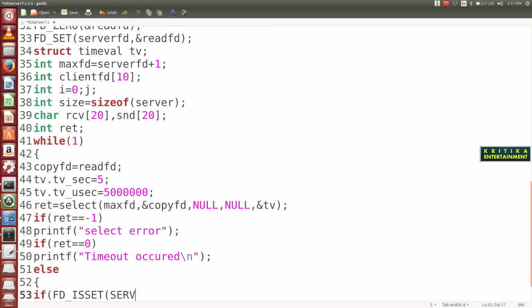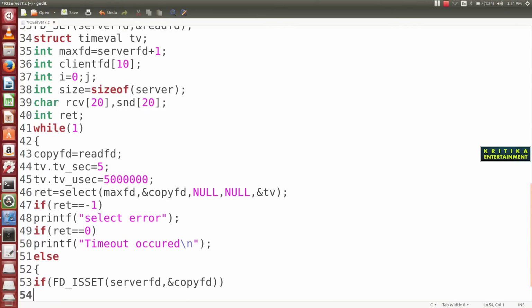Then server fd, then &copy_fd. Always use the copy fd, do not use the primary, use the copy fd.